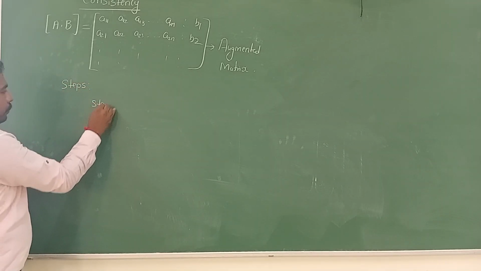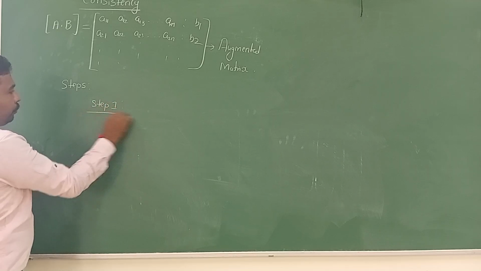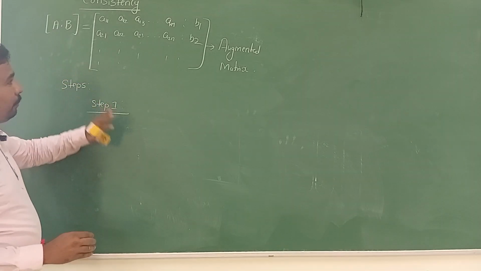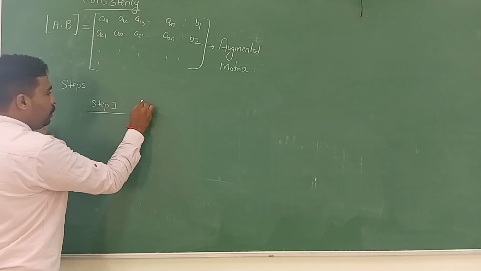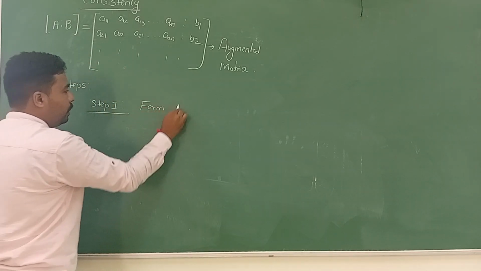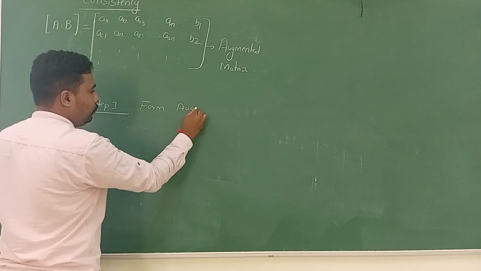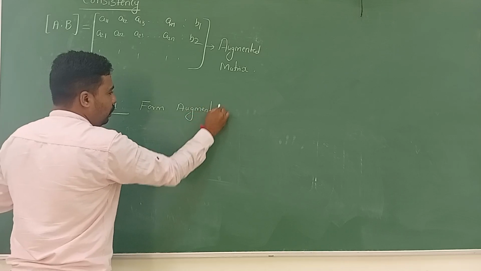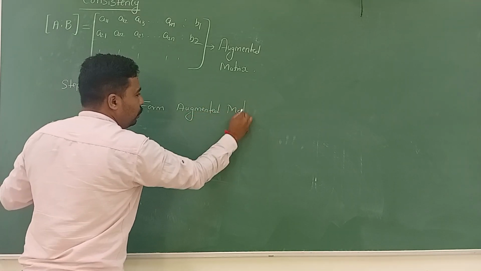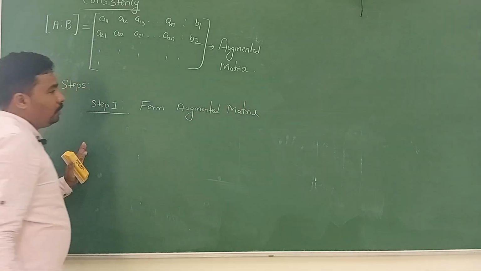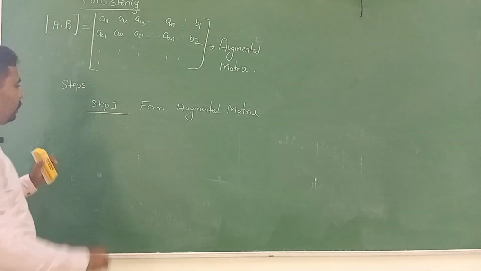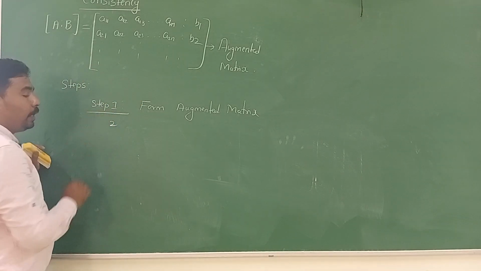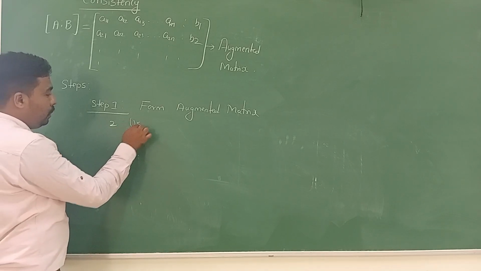Step 1. Write the given system of equations in the form of an augmented matrix. That is the formation of the augmented matrix. We have to form the augmented matrix from the given system of equations. Once that is over, step 2 says using